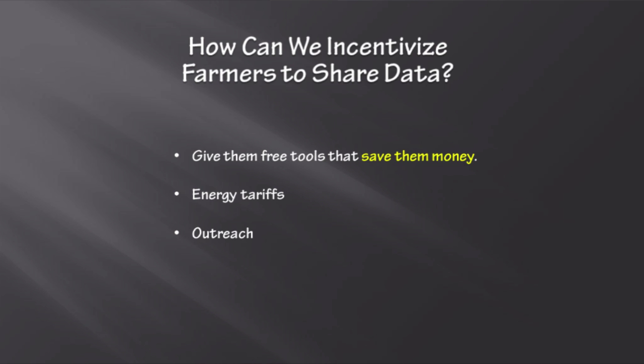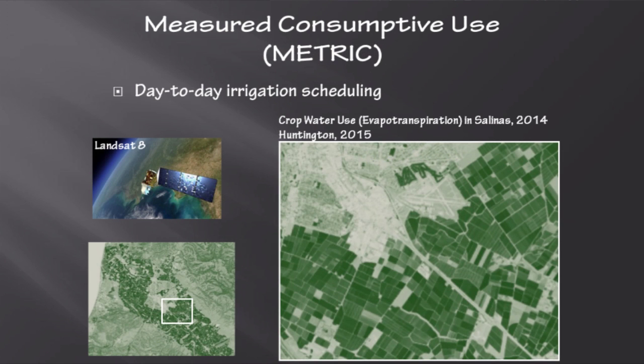We gave them big discounts on energy, but what we should have done is say, look, we'll give you this tariff, this discounted energy use, but please give us the data so that we can use that information ourselves. We needed to make a negotiation, and instead we missed that opportunity. But it doesn't mean we can't do something in the future. And then, of course, outreach is always a big component, and we need to talk to folks more out there and get to a position where we all realize the problem.